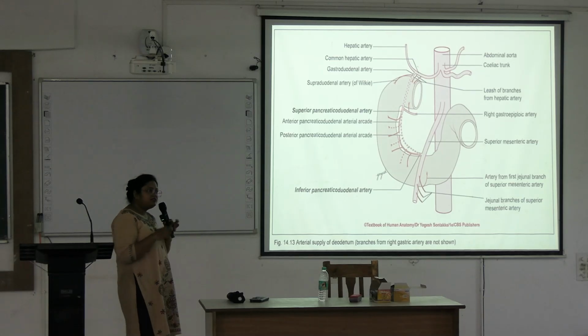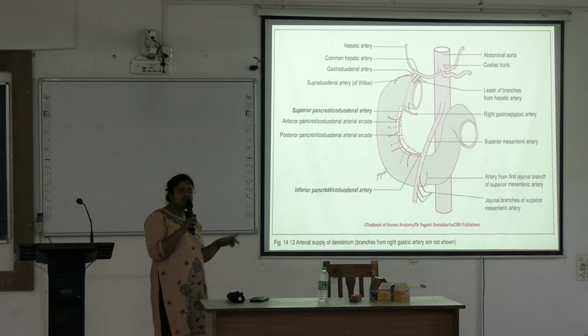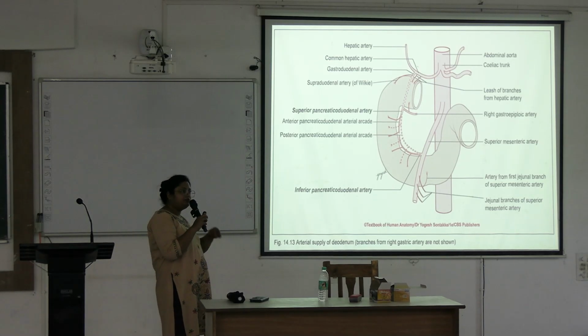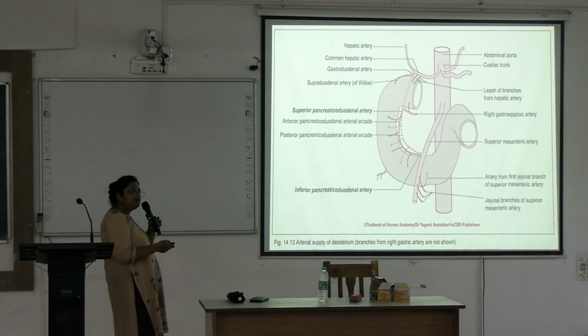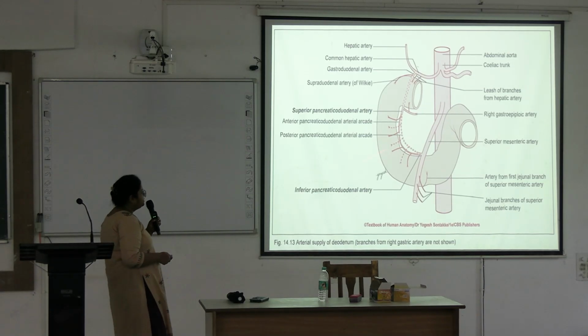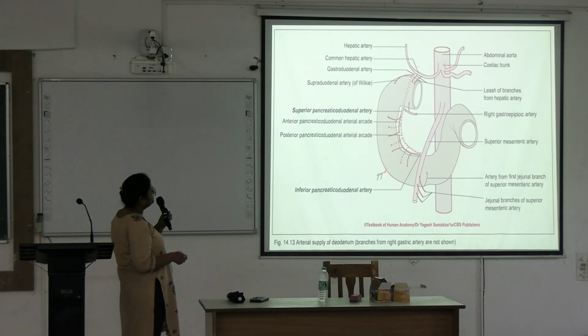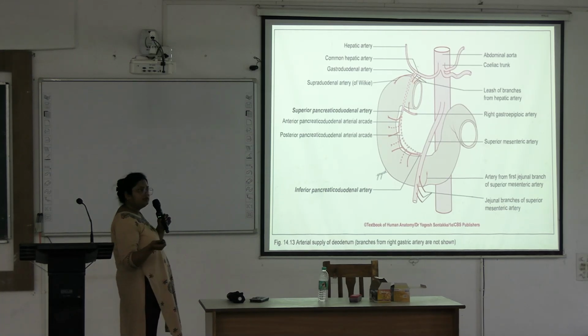We have discussed that it has two sets of vasa recta. So two sets of anastomosis occur, one on the anterior wall and one near the posterior wall. These are the vasa recta supplying the duodenum. Another artery is the supraduodenal artery arising from the gastroduodenal artery, supplying mainly the first part of the duodenum. Another artery supplying only the first part is the retroduodenal artery.